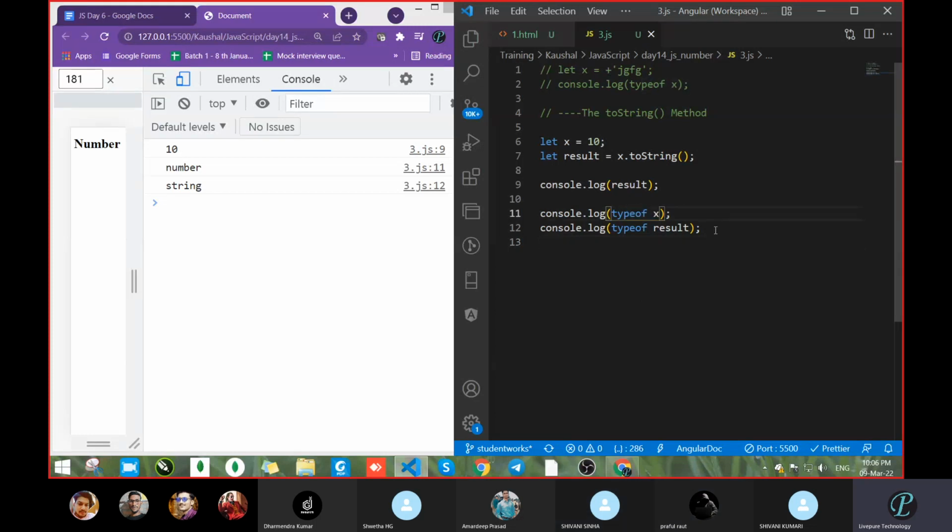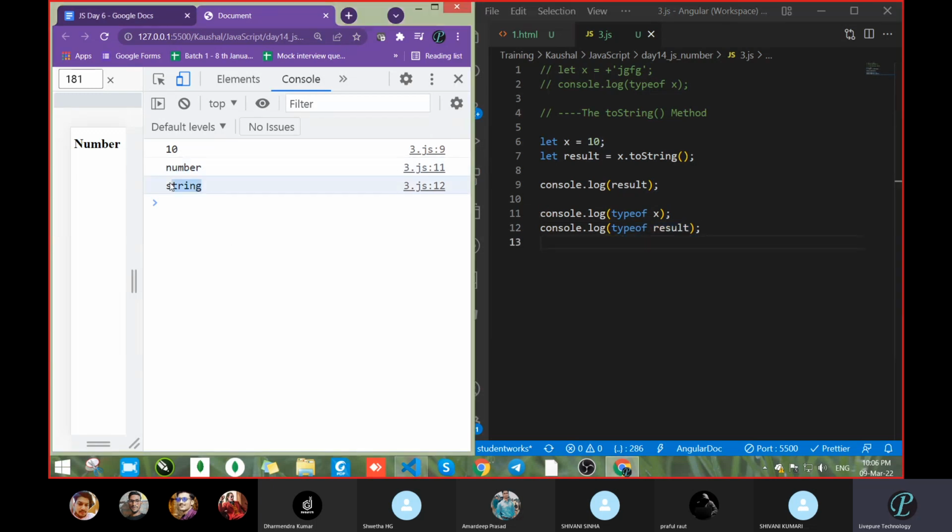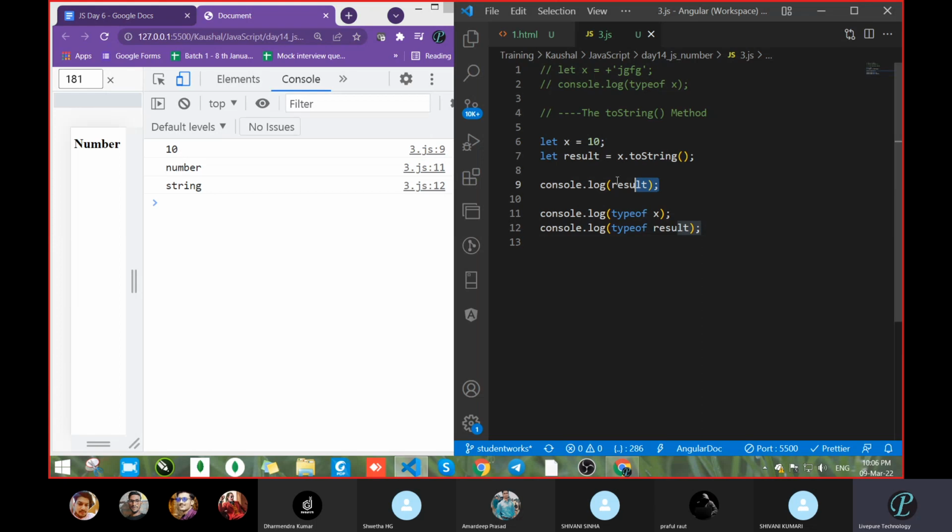See, one is a number and one is a string type. Because I converted it, the result is in the form of a string, but the first one is a number. Clear? We took two typeof checks to see whether it got converted or not. That's why.